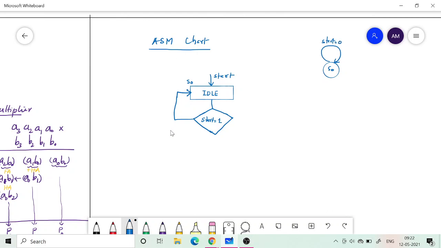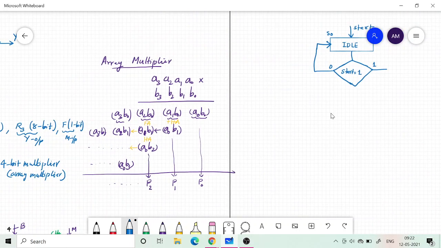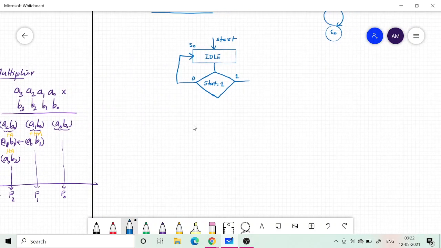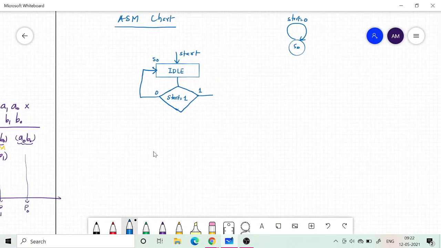If it is 1, then we need to proceed to a new state. What do we need to do there? We need to load all the registers first, R1, R2, R3, so we need to load all of these.